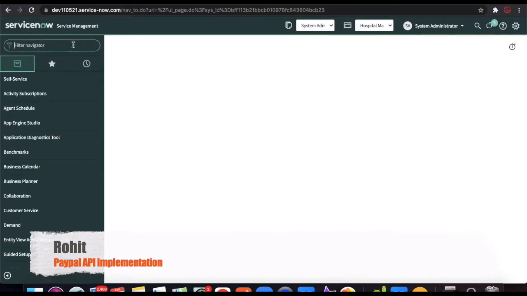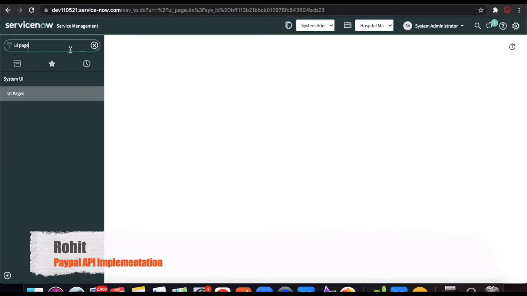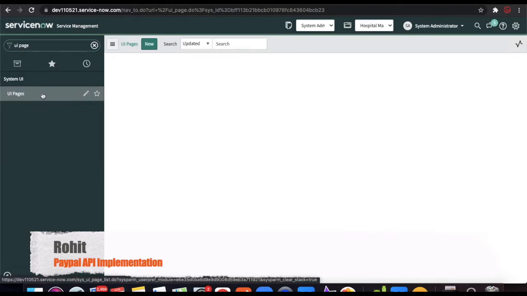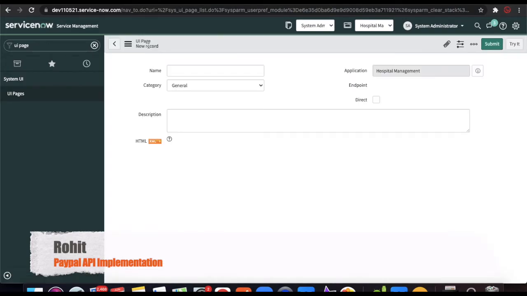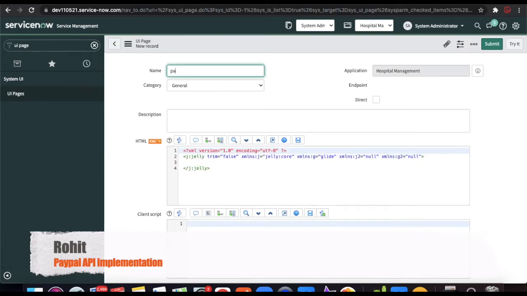Now the next step is that we have to create a UI page. There are two types of UI page we have to create. One is the success page, which I am creating. I am not creating the cancellation page right now. So I am going to create one PayPal